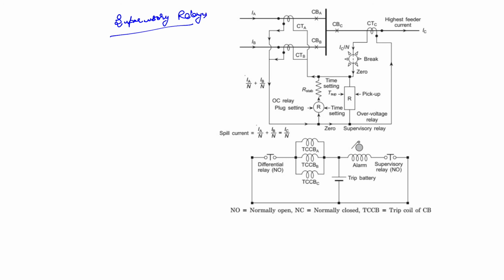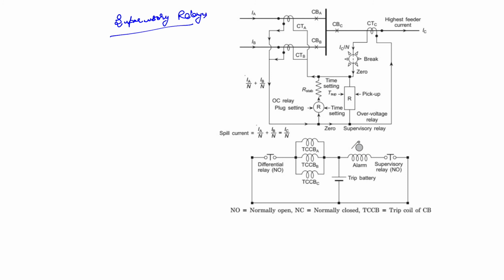Such events are no doubt dangerous. The current contribution of an individual CT would be much less than the pickup value of the overcurrent relay, and the scheme will remain insensitive to such a CT open circuit fault because it is not designed for that purpose. All the same, we need a mechanism to detect such faults so as to raise an alarm to alert the operating personnel. The highest spill current in case of loss of one CT will be caused when the CT which carries the maximum current is lost, that is the obvious one.